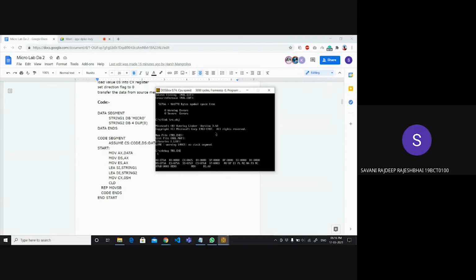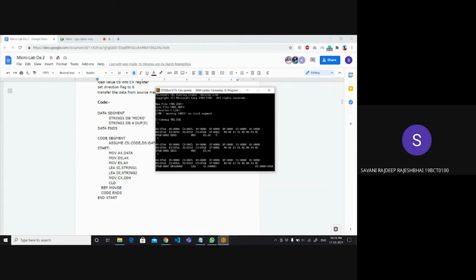Okay, the first instruction is executing here. The data will move to the AX register and it is 076A. After that, the instruction moves the data from the AX register to the DS register. The previous DS register data was 075A, and now the register copies the data from the AX register, which is 076A.